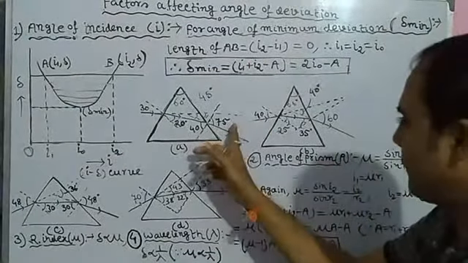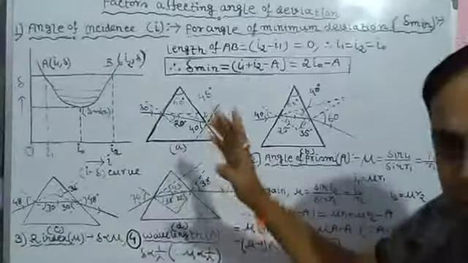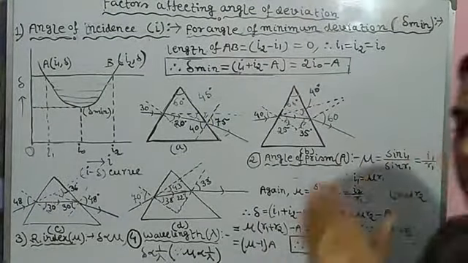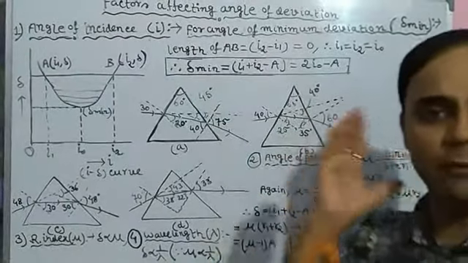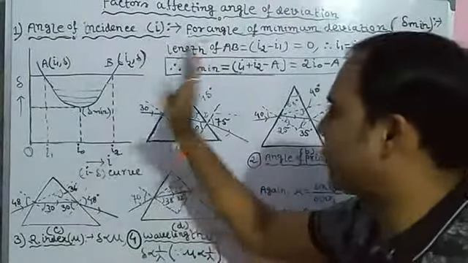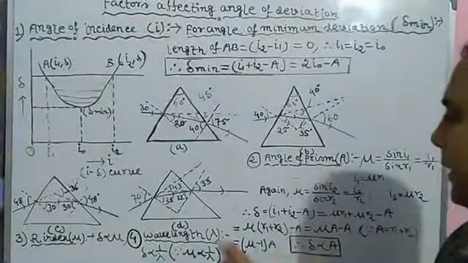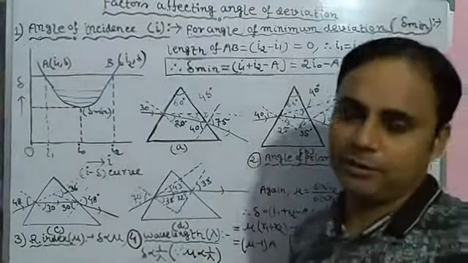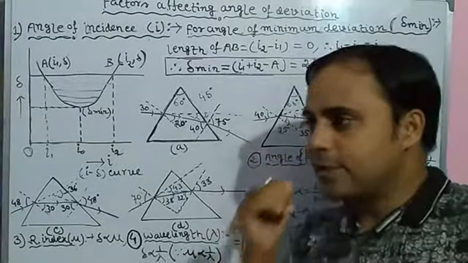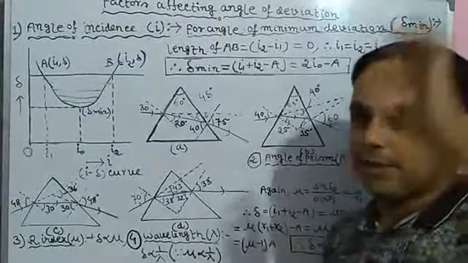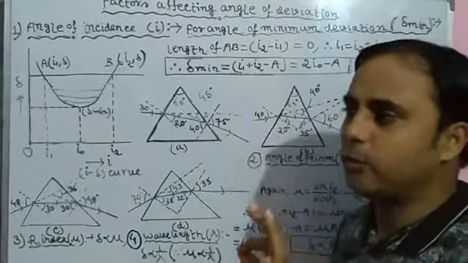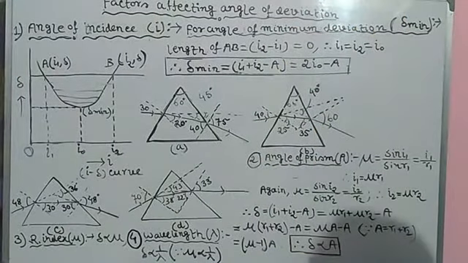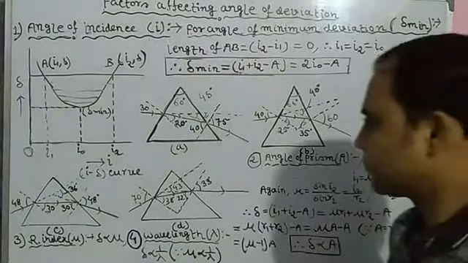If I2 is equal to 75 degrees or I2 is 30 degrees, again the angle of deviation is the same. So that's why, for two values, delta is the same, purely because of the principle of reversibility of light, nothing else. Clear? So this is the reason behind why, with the increase of angle of incidence, at first deviation decreases, then reaches its minimum value, then starts to increase again.